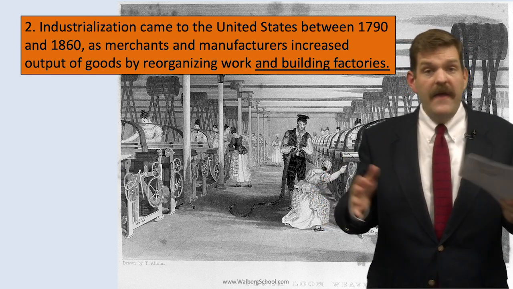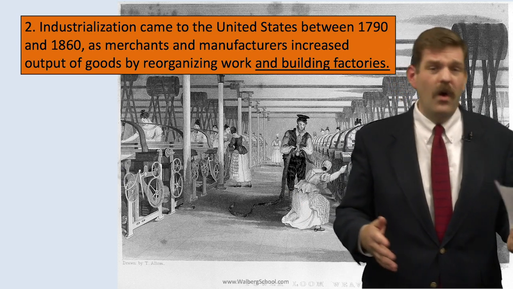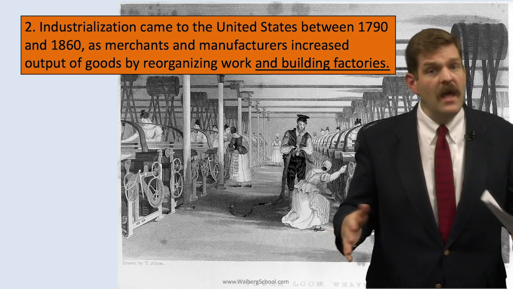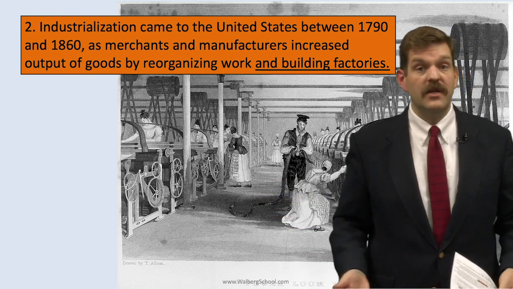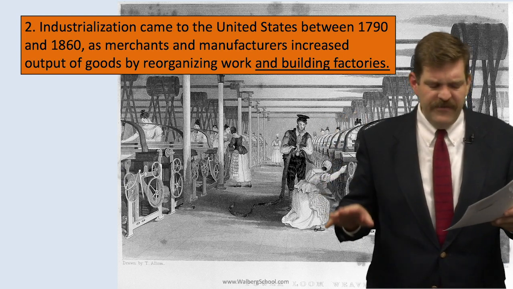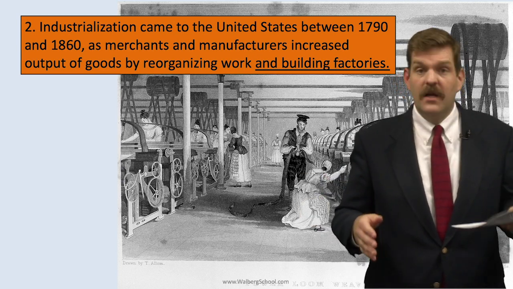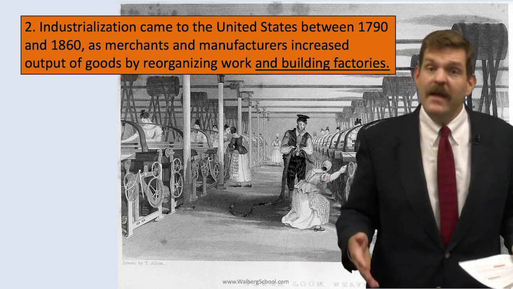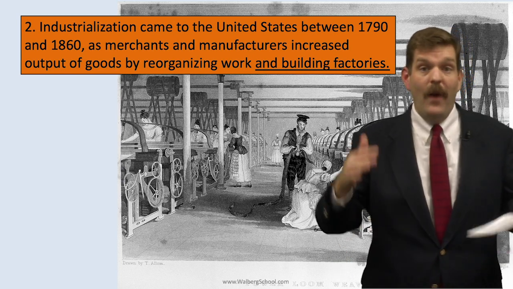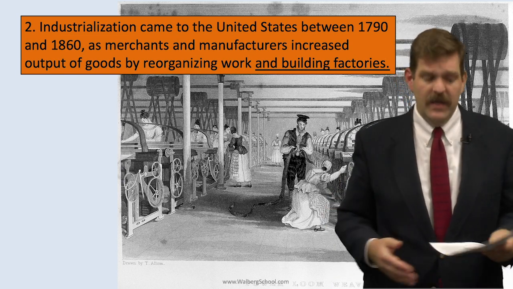Previously to this, anytime a factory or mill needed to be built, it needed to be built next to a continuous water source. So the water, maybe running down a river, could turn a water wheel, which could drive the machinery inside. But with the new and improving technology of the steam engine, all of those things began to change. And in Great Britain, some Britons even feared that American manufacturers would become exporters, not only to foreign countries, but even to England, where England went through the Industrial Revolution first and modernized first and jumped way out ahead in terms of economic and engineering levels. It looked like the American economy was going to catch up to them.